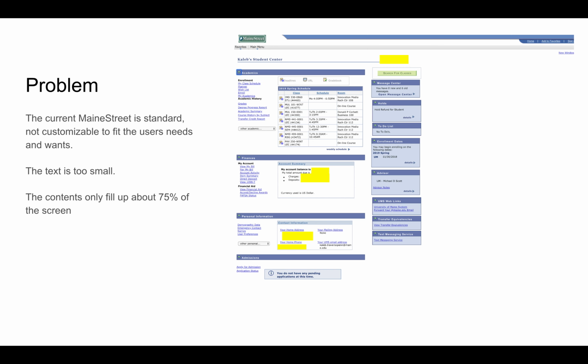This being said, the current problem is that everything is on the left side. It is zoomed out to 75%, give or take, and uses about half the screen. So you have a bunch of area right over here that could be used for expanding the portal. But going into that more,